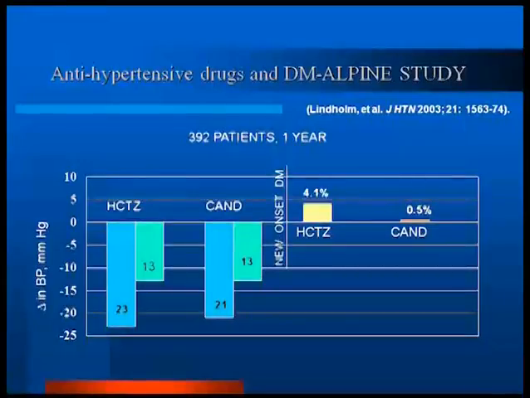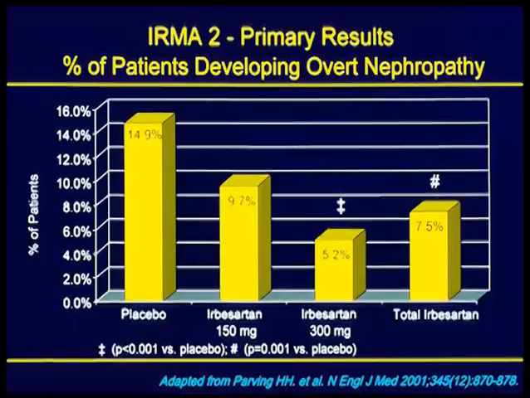This is a study comparing diuretic hydrochlorothiazide with angiotensin receptor blocker in patients who have diabetes. Both of them reduce the blood pressure. With hydrochlorothiazide, there is a slight increase in glucose, new onset diabetes. With ARBs, there is no new onset diabetes. But despite an increase in glucose, the therapeutic benefits appear to be very, very similar. Now, one should always use optimal dose of a drug. When I say optimal, I am not saying high dose or toxic dose.